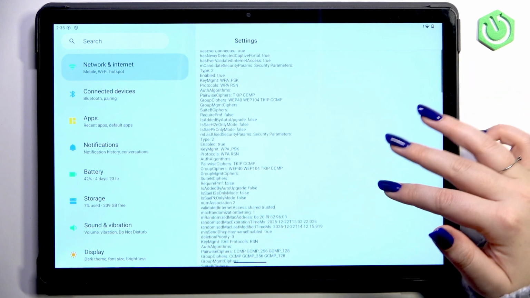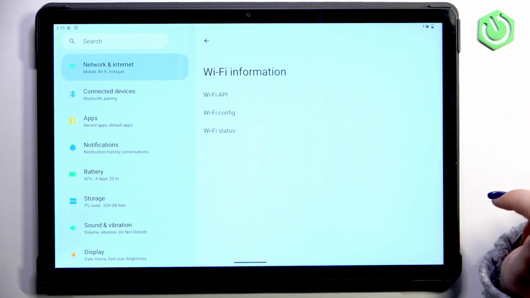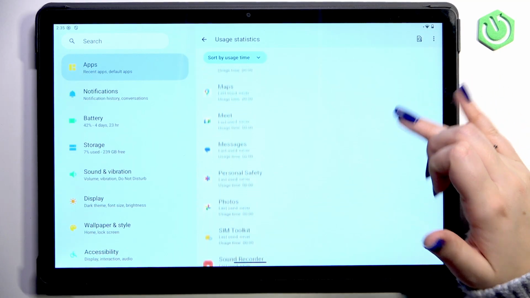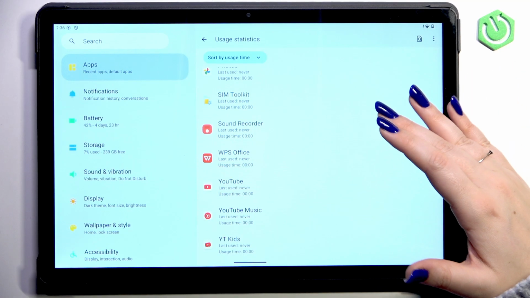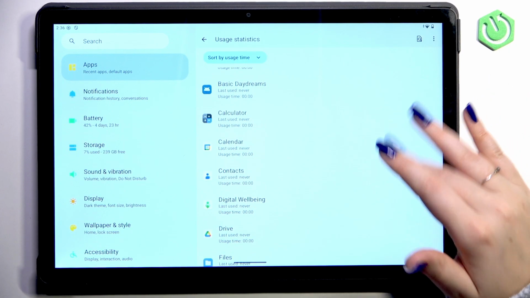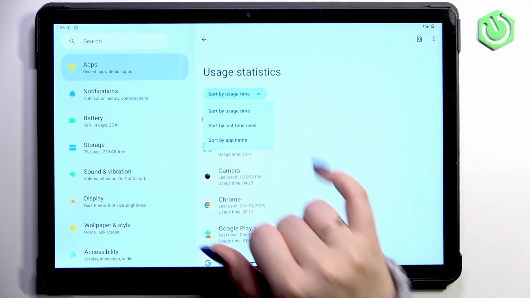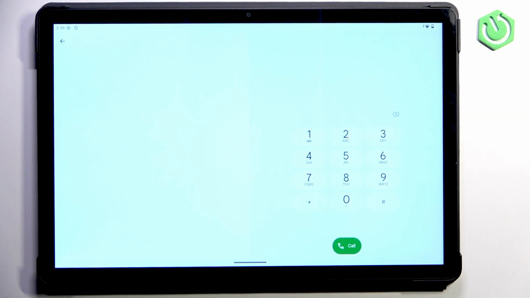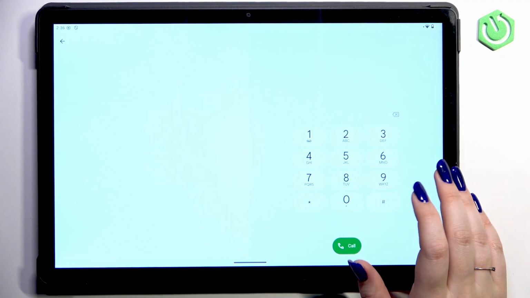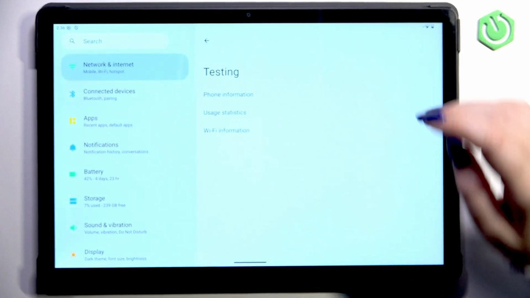So here, of course, you've got also the configuration and the API, so you can, for example, enable network. Usage statistics, so we've got the list of all apps which are currently on this device, and with the last time used or usage time, you can change the sorting if you wish by usage time, last time used, or app name. So everything will be listed alphabetically, and I don't know what happened, so let me quickly enter this code again,